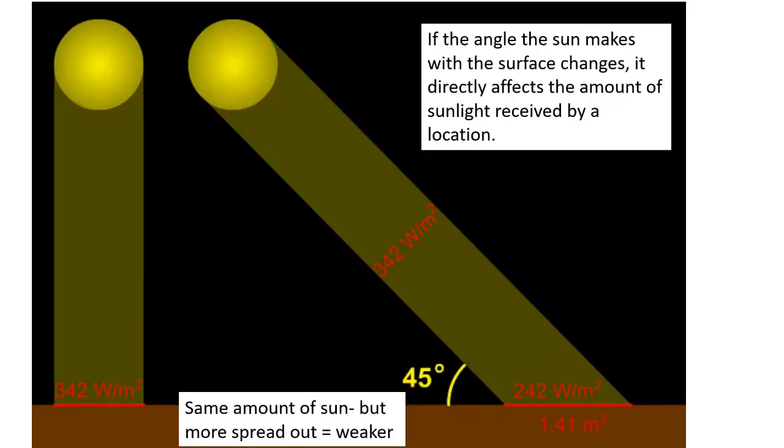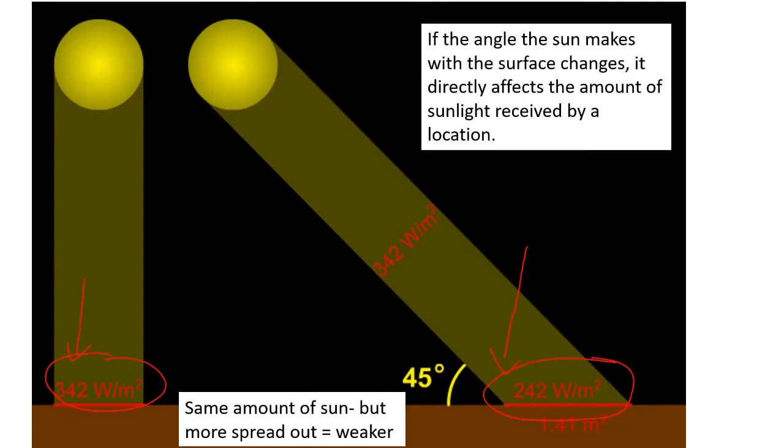Well, if the sunlight is spread out, that means the sunlight energy is spread out. And if you spread out the sun's energy over a larger area, notice the difference. Now, we don't need to get the numbers, but here we've got a value of 342 watts per meter. We've got 342 watts of solar energy in a square meter. But when the angle is 45 degrees, that lowers to 242 watts per meter. So you're getting less energy per meter of space, which means you're definitely going to have lower temperatures because you're getting less energy.